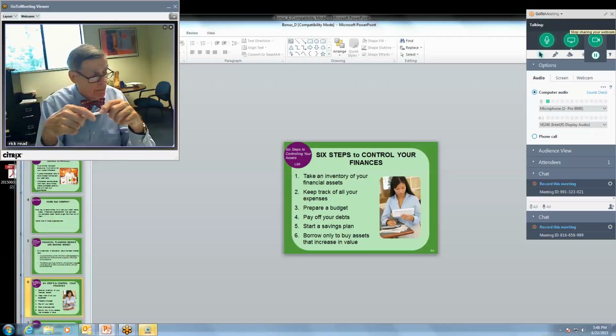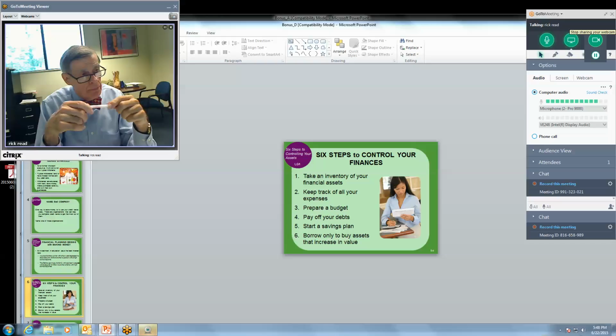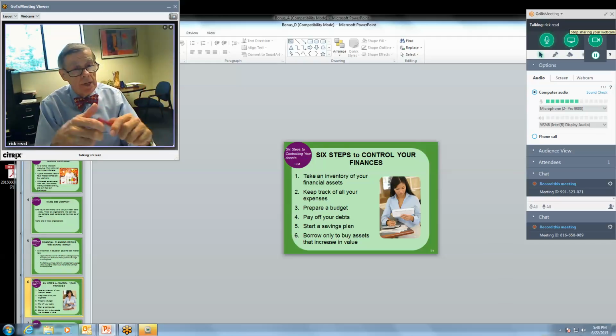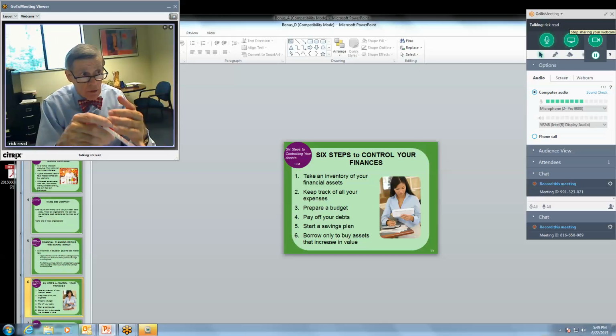Use the budget as a guide. That does not mean to say that sometimes you don't go off your budget. That does happen. Don't beat yourself up about it if you do. Try to get back to your budget as quickly as you can. Begin saving. I'm not talking about the stock market. I'm talking about saving at a bank or savings and loan or credit union. I know they don't pay a lot of interest today, but that money is safe.